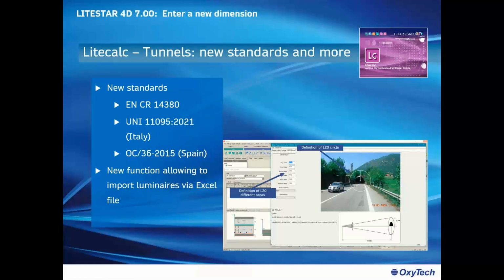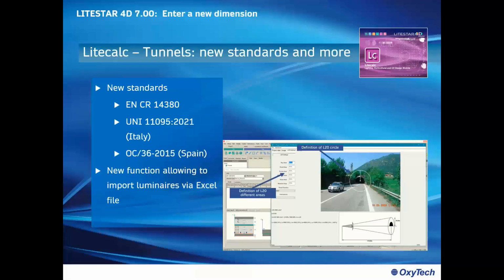Also, another important enhancement that we introduced was related to the Excel import feature. It means that you can, as before, go on designing your tunnel through the program, but you can also work through an Excel file. What does it mean? It means that for example, in the cases that you have to change the lighting of a tunnel,